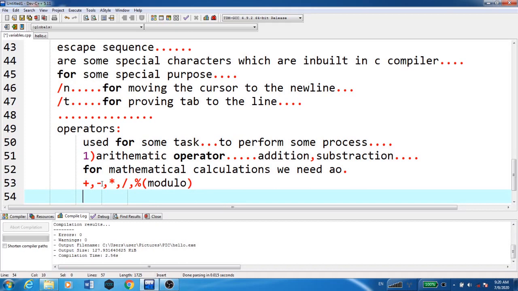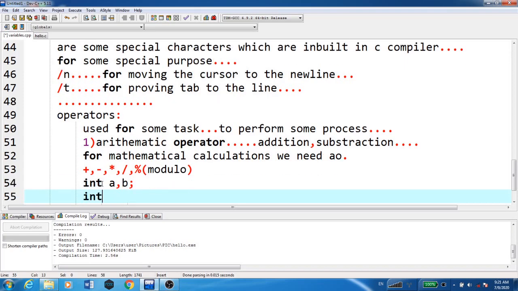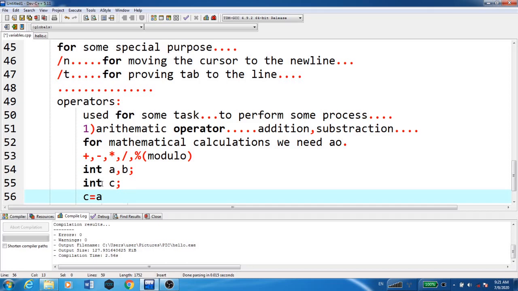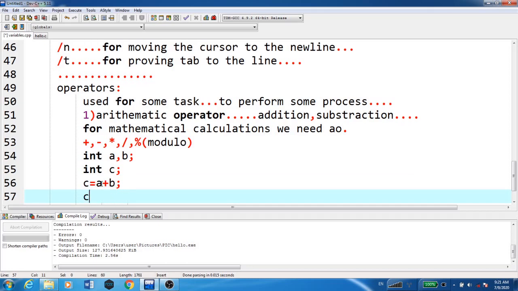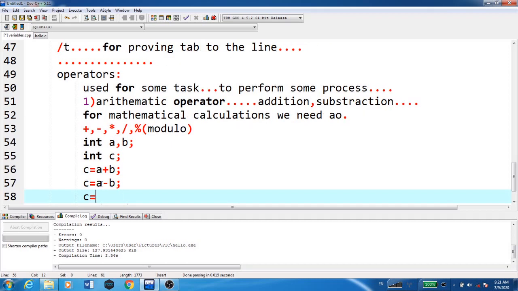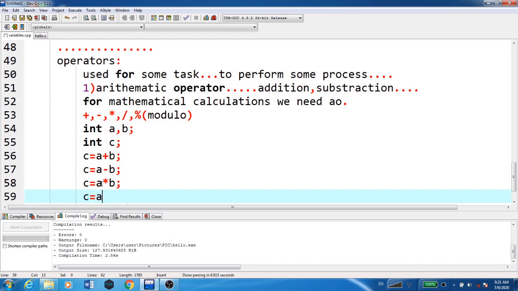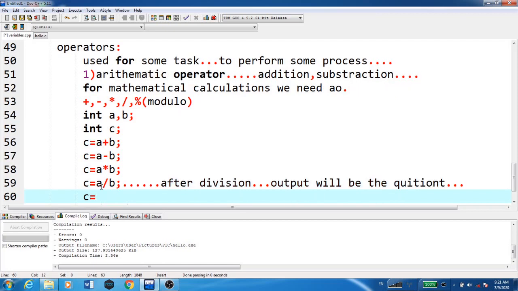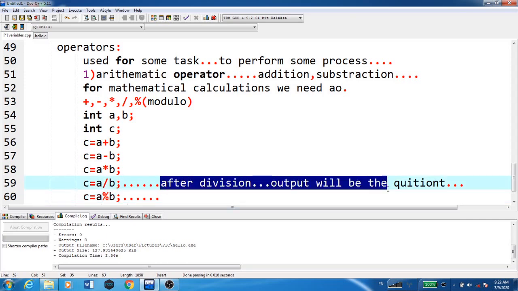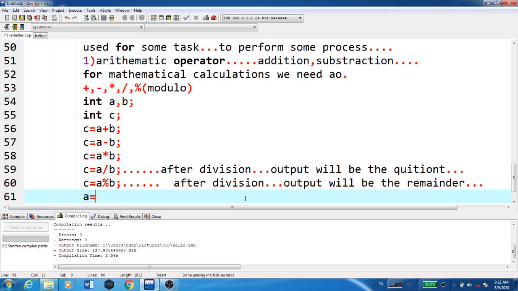Now here we will see some examples. A is a variable: int A, B; int C; C = A + B, like C = A - B. C = A * B, that is A multiplied with B. C = A / B. Here after division the output will be the quotient. C = A % B. Here after division the output will be the remainder. Okay. For example, A = 10, B = 5;